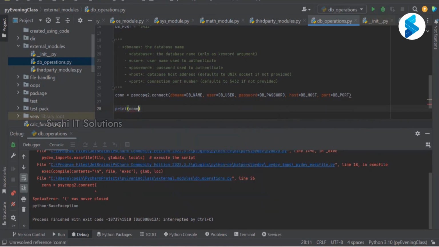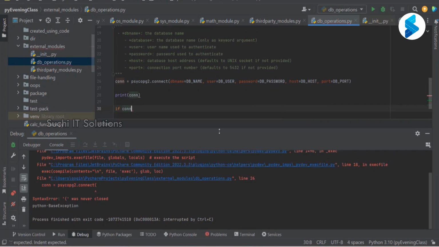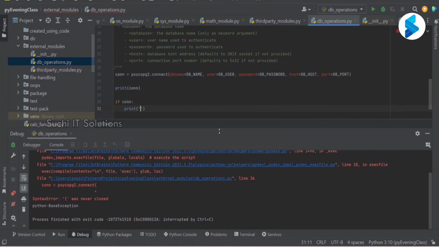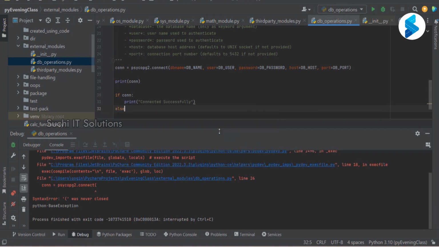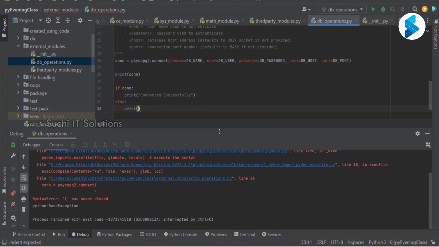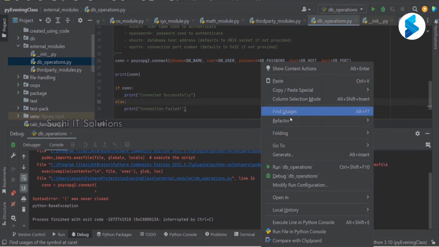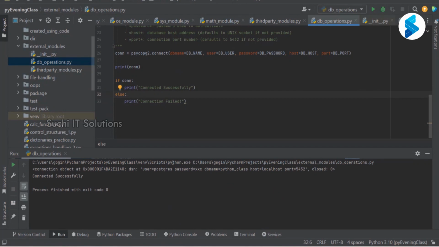Print connection. If there is a connection, then print connected successfully. Else print connection failed. Okay, now let us try to run this. So this is our DB object and it is able to connect, and hence we have this connected successfully